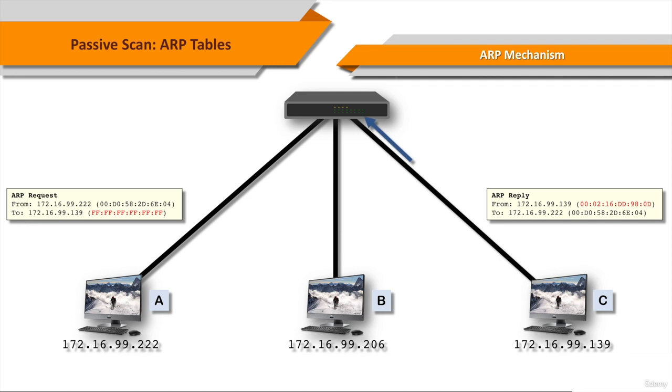In other words, computer A says, who has the MAC address of computer C? And although all the workstations hear the question, only C replies and says, I've got the MAC address of computer C, and this is what it is. So the ARP reply sends back the MAC address to computer A,